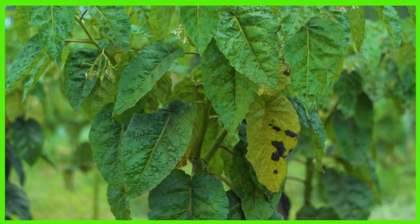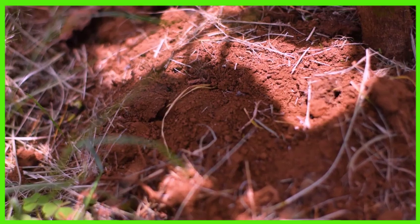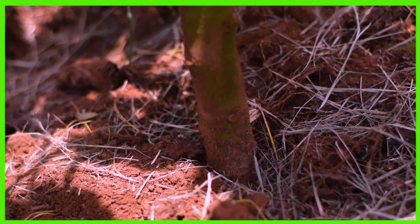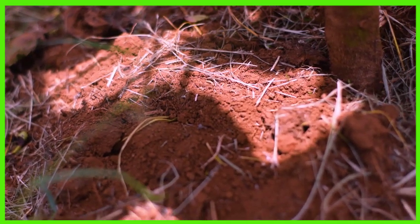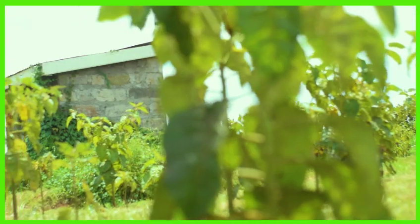So which are the ecological requirements of growing tree tomato? These tree tomatoes grow well in well-drained fertile soils, which are rich in organic matter. They have a vigorous growth, and they require a pH of 5 to 8. That is mostly in neutral grounds. So if the area is so acidic, they won't do very well. If the area is very basic, it won't do well. That's why I will recommend, if you want to do this in large scale and you want a profitable venture, please do a soil analysis. Talk with your experts, talk with your agronomist, or if you have a problem, reach out to us at Kilimo